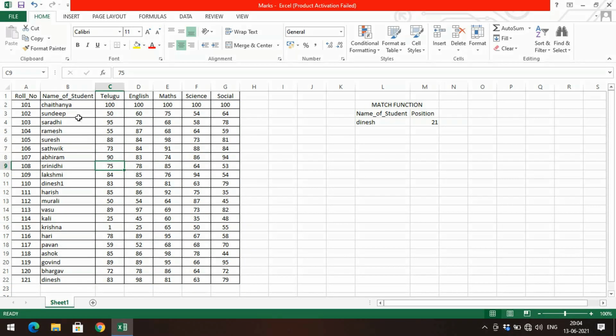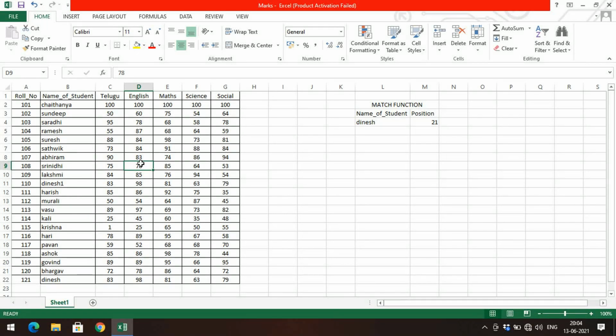So you can observe here, let us take the value of this one, 78. The position of 78 is, you can observe here, ninth row and fourth column. Ninth row and fourth column is 78. Like that, we are supposed to give the row number and a column number so that we'll get the particular